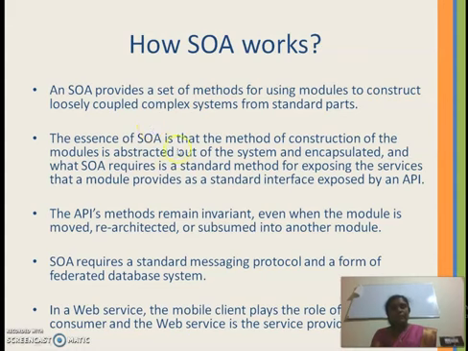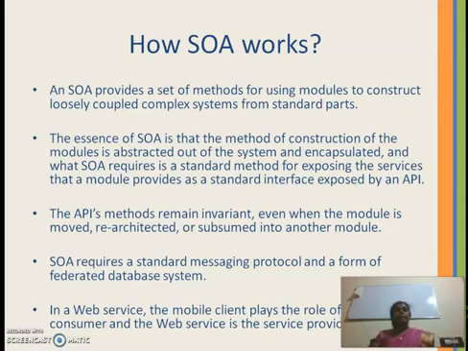So the essence of SOA is that the method of construction of the modules is abstracted out of the system and encapsulated, and what SOA requires is a standard method for exposing the services that a module provides as a standard interface exposed by an API. So the service oriented architecture is going to couple all the services which are provided as the various modules.